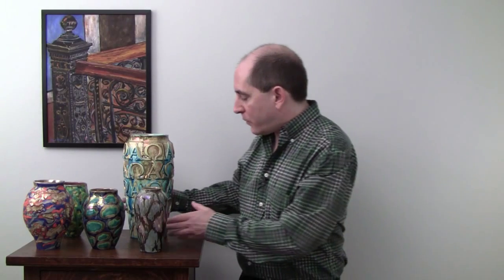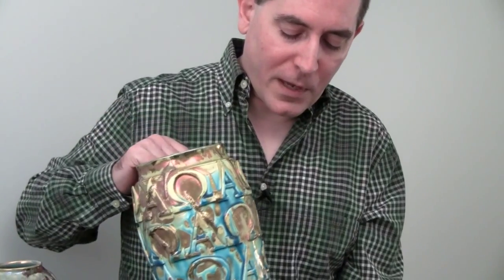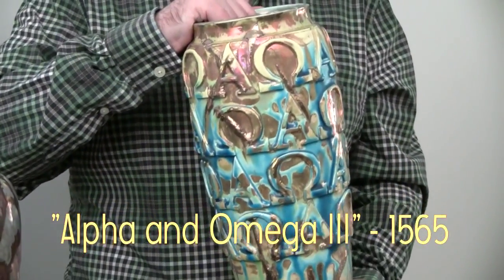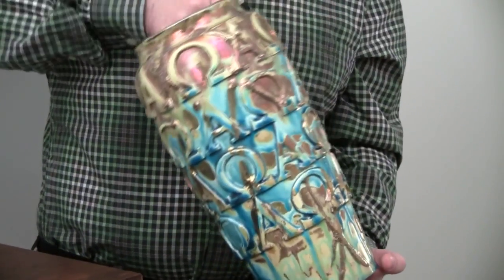Now we're going to conclude with a very important piece, which, for the right collector, is something that people have requested of me numerous times, and its like is not going to be seen again. This is the third iteration of my Alpha and Omega pots. There were three visions originally conceived, and this is the third and final complete vision. There will not be another. All of them are glazed differently and have slightly different form. But